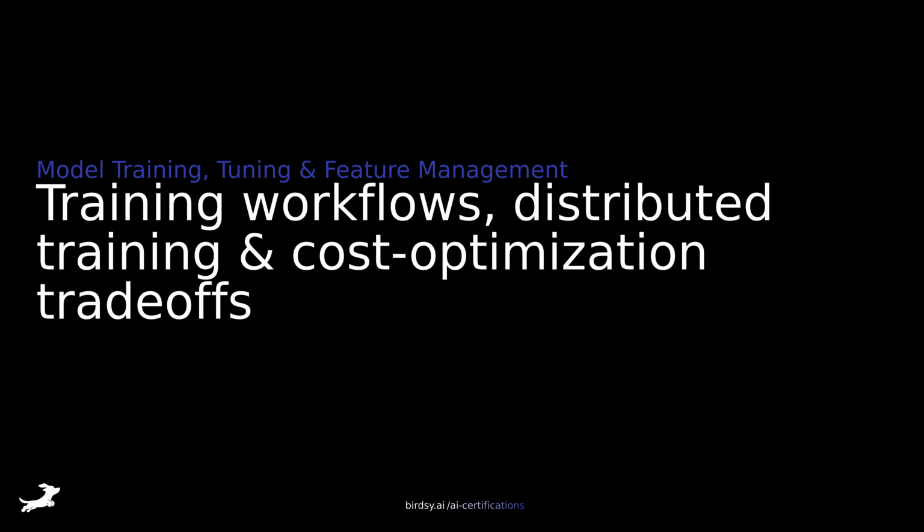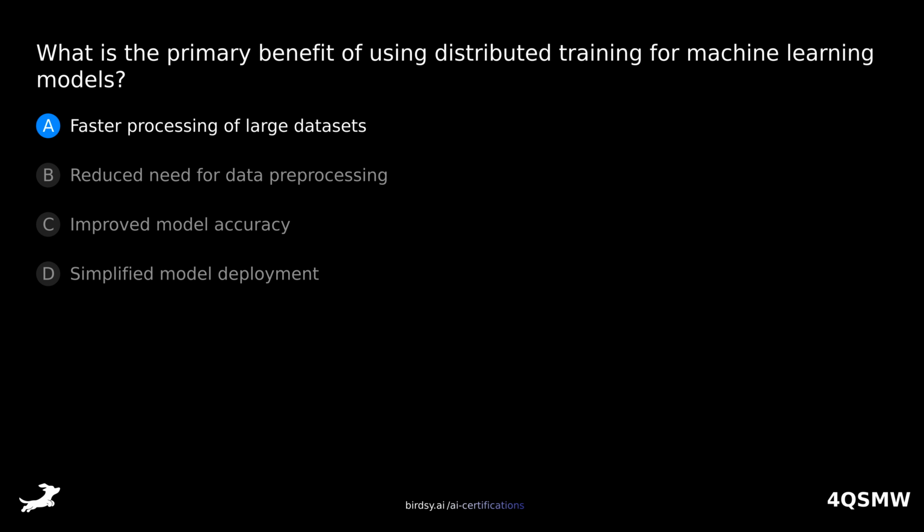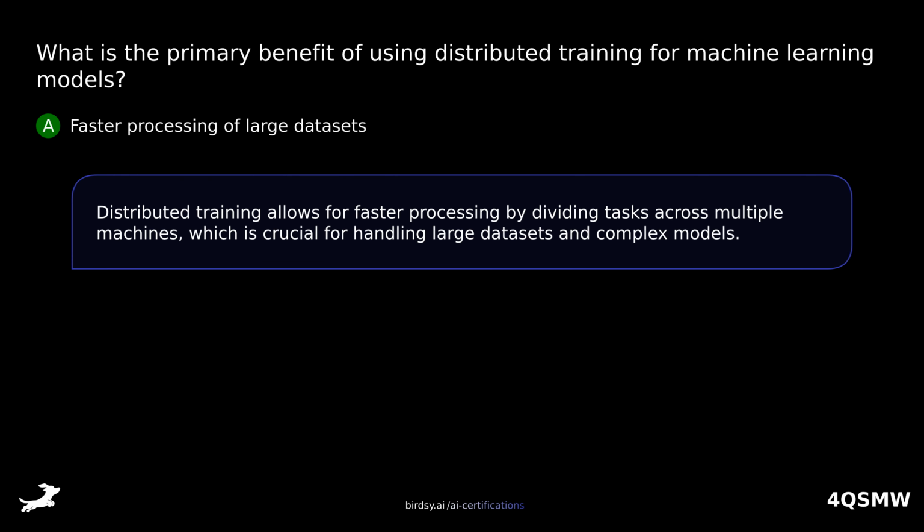Training workflows, distributed training, and cost optimization trade-offs. What is the primary benefit of using distributed training for machine learning models? Is it A, faster processing of large datasets, B, reduced need for data pre-processing, C, improved model accuracy, or D, simplified model deployment? The answer is A, faster processing of large datasets. Distributed training allows for faster processing by dividing tasks across multiple machines, which is crucial for handling large datasets and